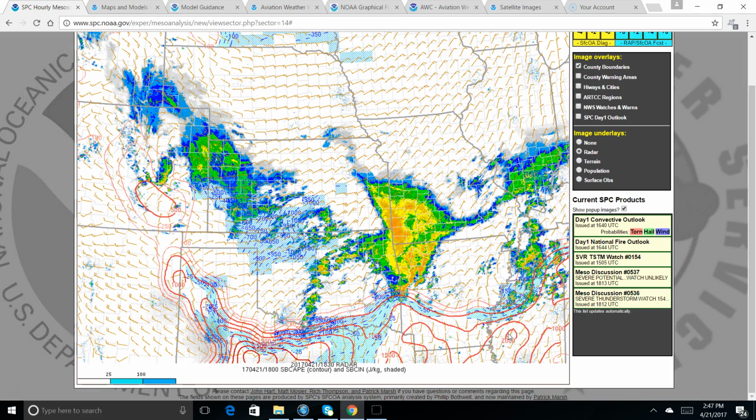So you're getting pretty unstable air down here. You've got this moisture convergence. You're probably going to get some good thunderstorms firing in a little while. So just some things to think about on the southern part of your route. Now, if you went north,